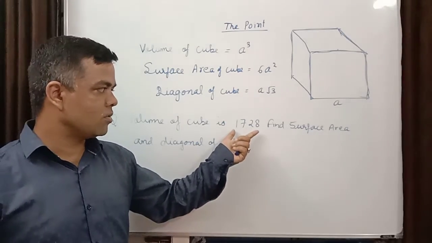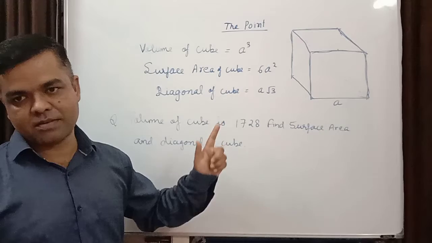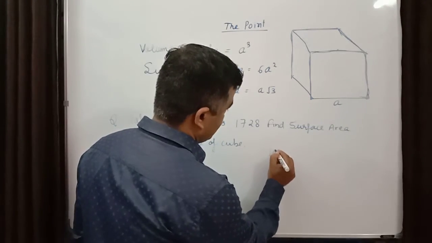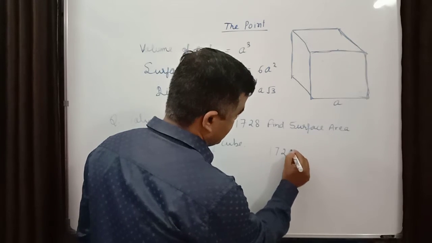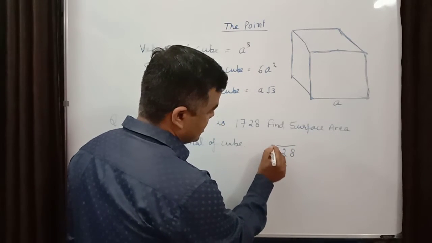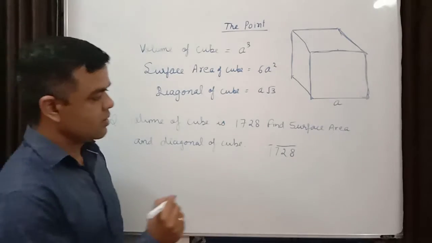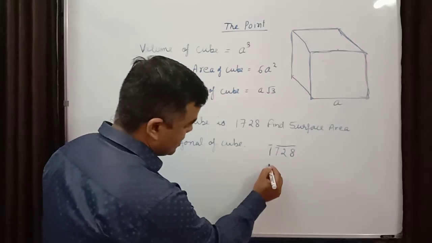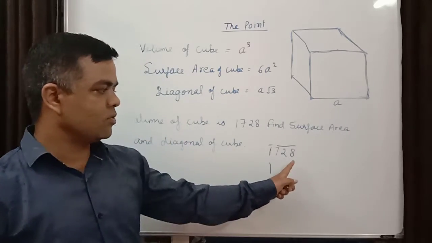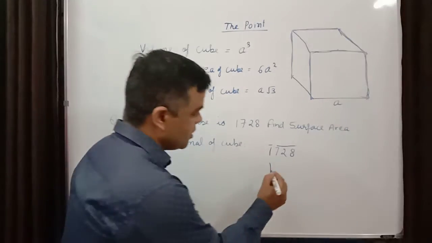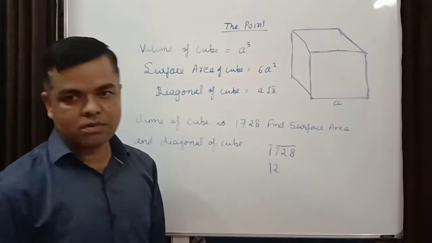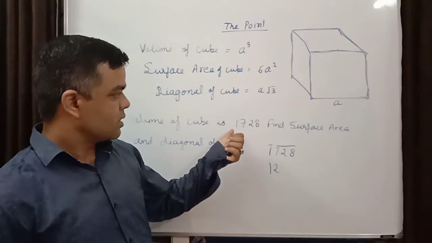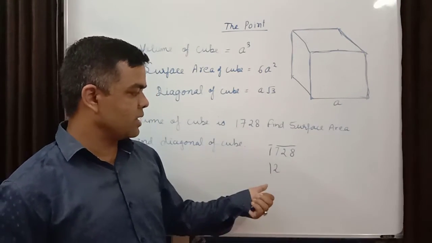And you don't know the cube root of this number. Okay, you don't remember? Then use the simple trick I have told you already. 1728. Leave these 3 digits, remaining 1. The cube of 1 is 1, so here it will be 1, and if the unit digit is 8, then the unit digit of the cube root will be 2. This I have already covered in the last class. You watch that video. So the cube root of 1728 is 12.